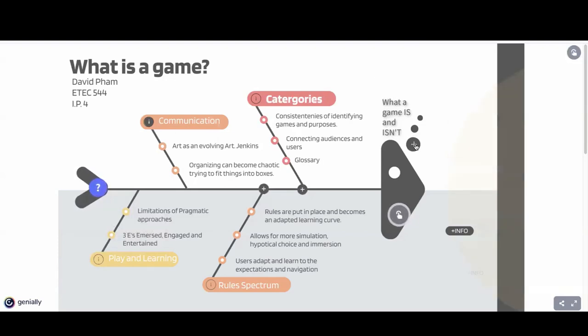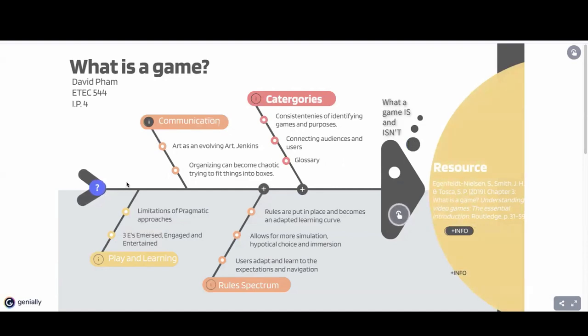Normally my resources are at the end, but my citation I just chose to put at the head because this is the main article that I was analyzing for information from. So to get started,